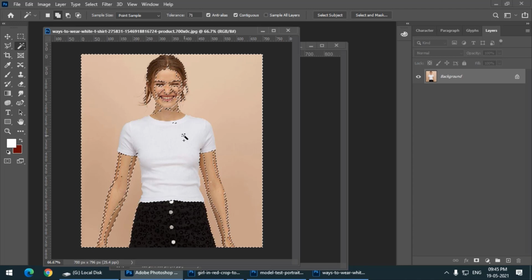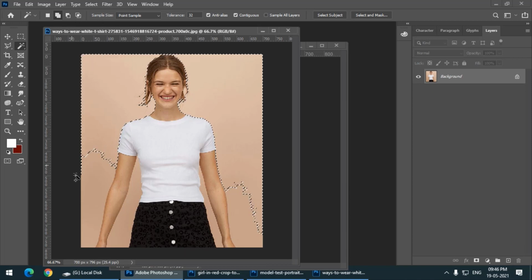If we want more accuracy in color, we have to keep the tolerance level at minimum quantity. Let's say if I keep the tolerance at 10, enter. As you can see, it has selected a smaller portion. If you want accuracy, then you can keep the tolerance value at the lower side. If you want a balanced selection, then I will keep the value by default 32. The further you increase the value, the accuracy will decrease.